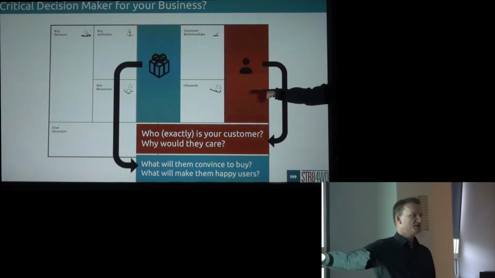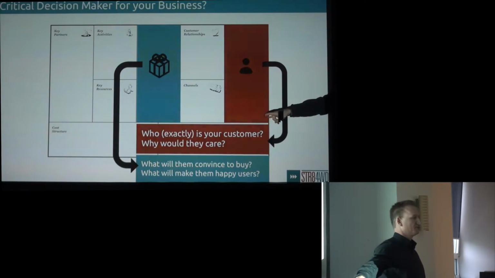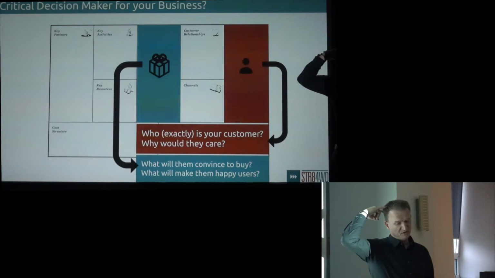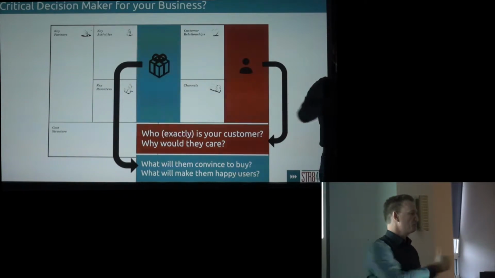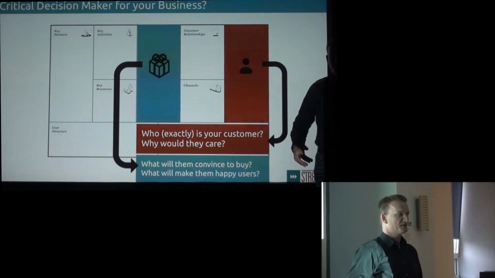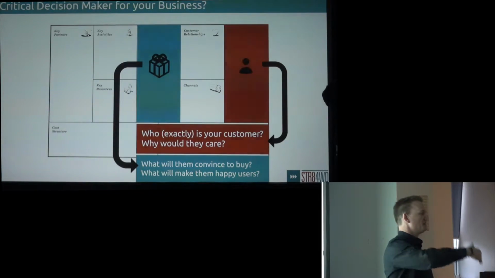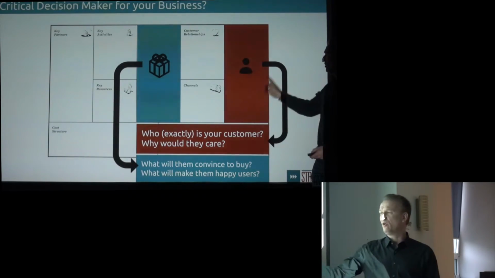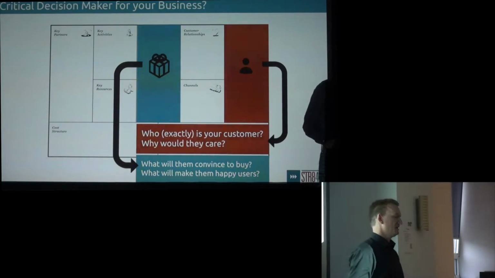This part actually we call customer development. So in the old world, it's called product development. You build a product and you sell it to resilient customers. That's not true, because you don't need a product in the end, you need customers. So always start with your customers and understanding them.